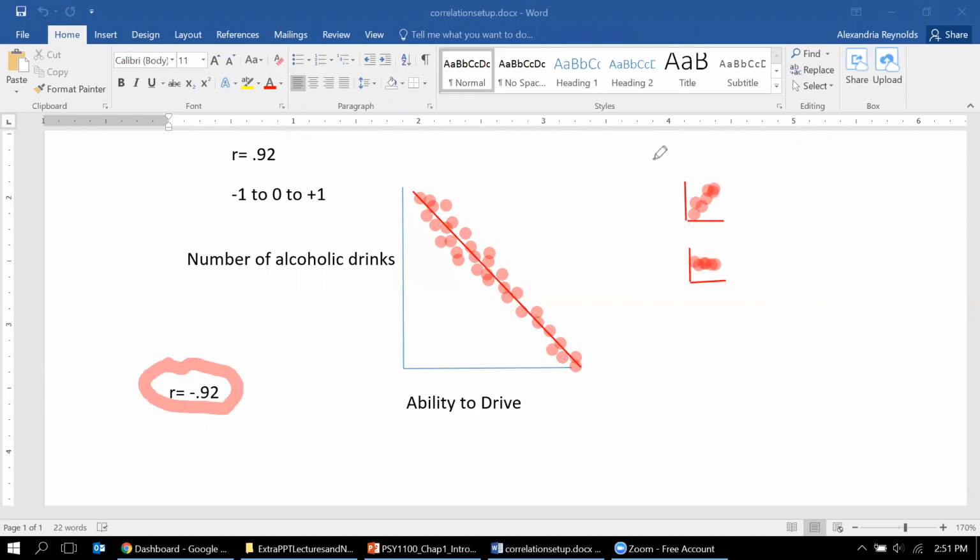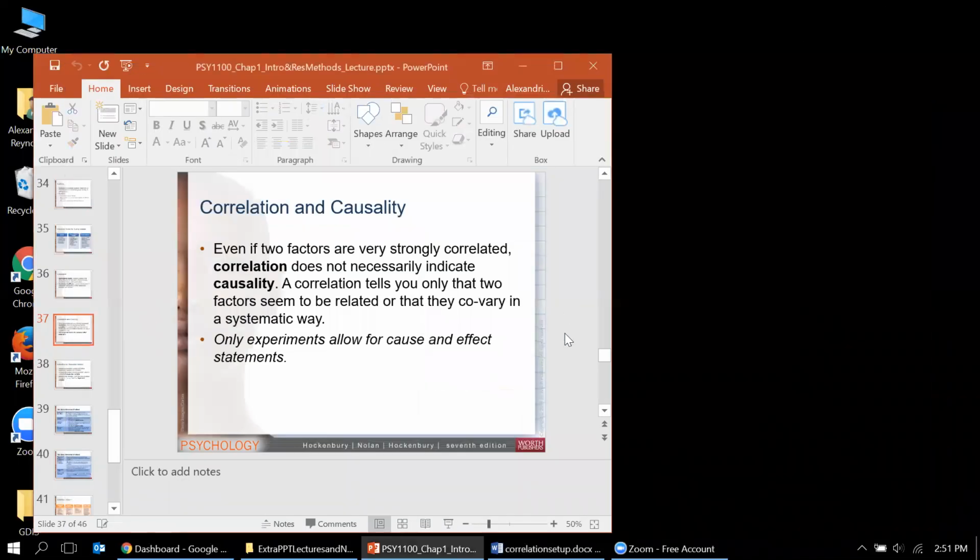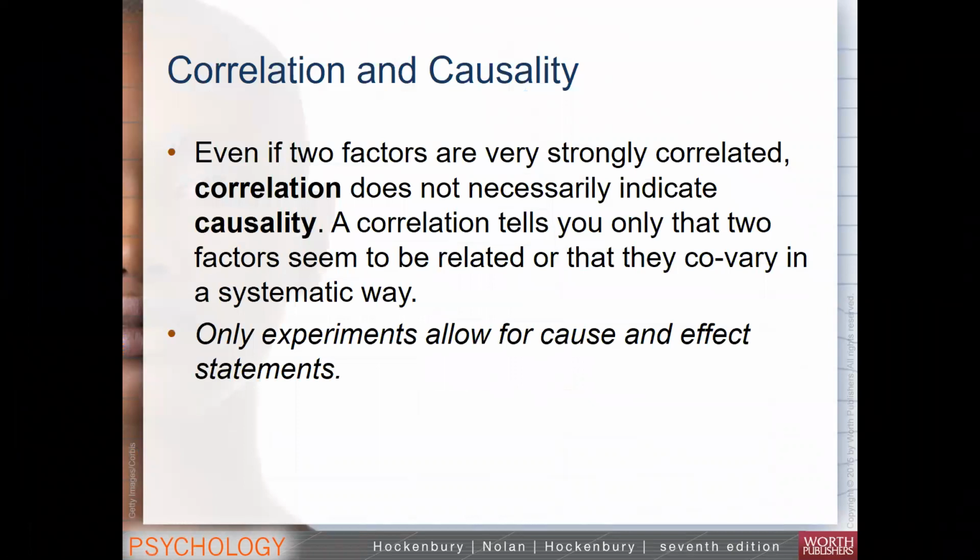So this is a quick run through of correlation, and I want to remind you guys that the most important thing about correlation is that we cannot determine if A causes B. We cannot determine any of that relationship. We can only determine that with experimental method. And I'm going to go into that next, and that will be the next lecture. So just a reminder, correlation is not equal to causation. We can only show that things vary in a systematic way. We can use further statistics to predict relationships with correlation, but we're not going to get into that because that's much more advanced. So make sure you move to the next lecture series to learn about experimental